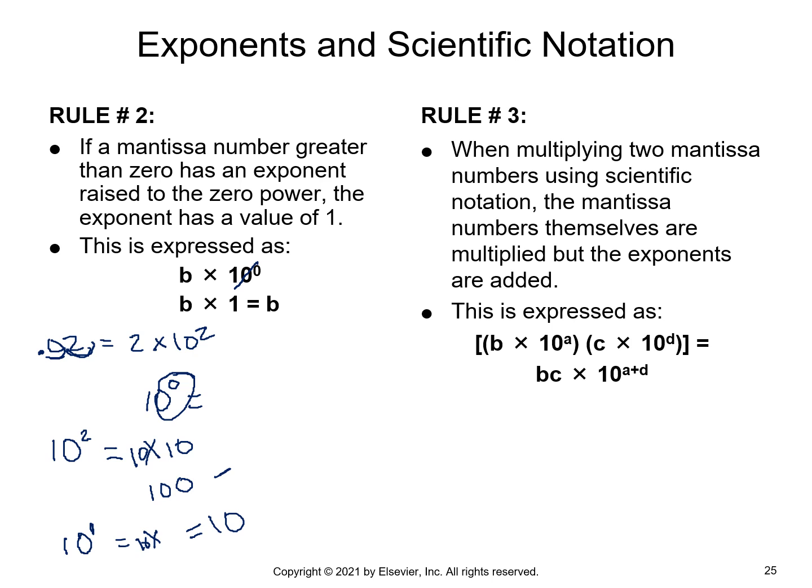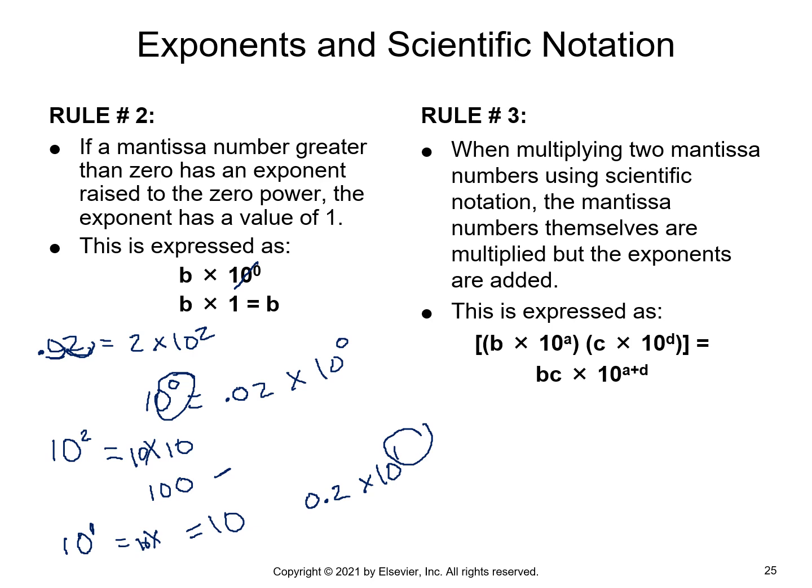1 decimal place would move it 1 place, and that would be the same as 10 to the 1. Well, if we didn't move it any decimal places, then that would mean, see, no decimal places. So we have 0.02 times 10 to the 0. So we didn't move that number any decimal places. So you can kind of think of this exponent here as how many places you move that decimal left or